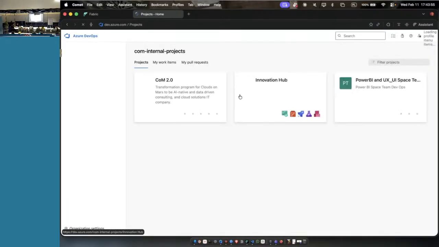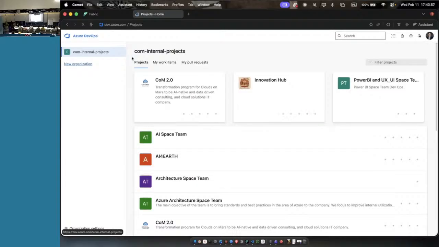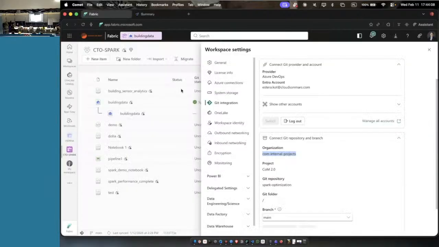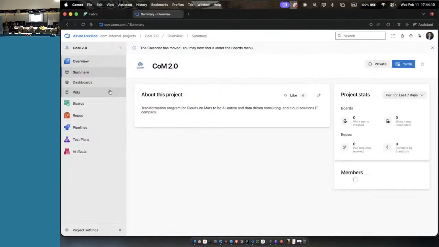Are you logging into your GitHub Enterprise account or DevOps? Azure DevOps, ADO, where I have the organization Clouds on Mars internal projects, and I have a project. Do we have Azure DevOps users here in the room? Okay, a couple.